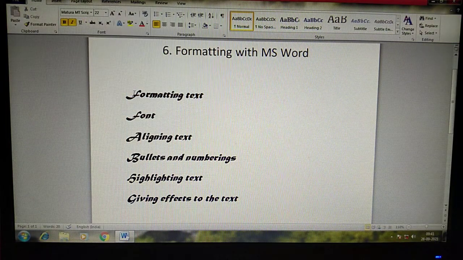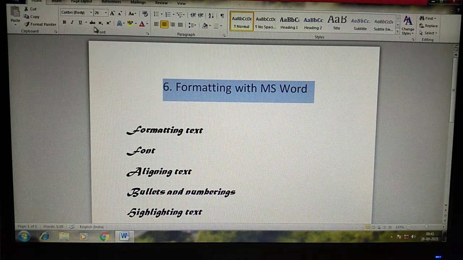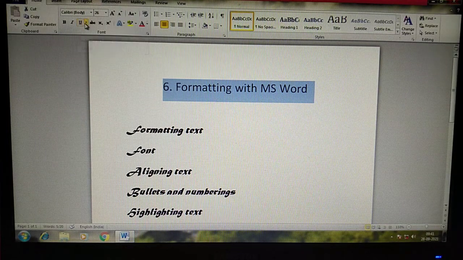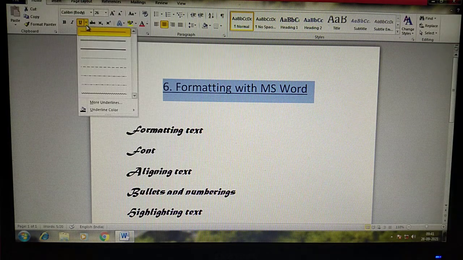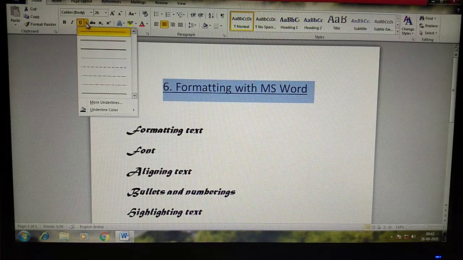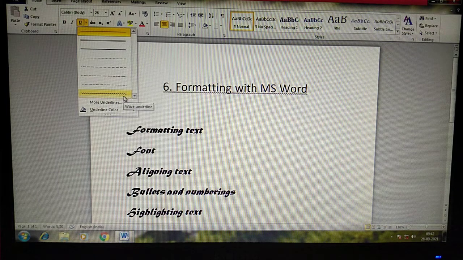Then you need to give underline. Just select which word or sentences you want to underline. Go to the font group, give underline, or you can change the underline styles. Just click on that arrow mark, the downwards triangle. Yes, it shows more underlines.